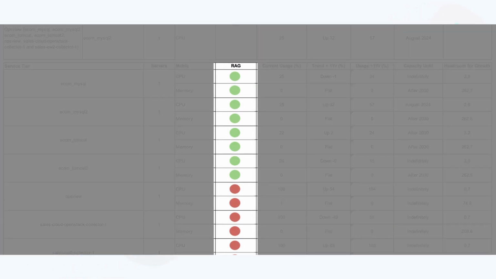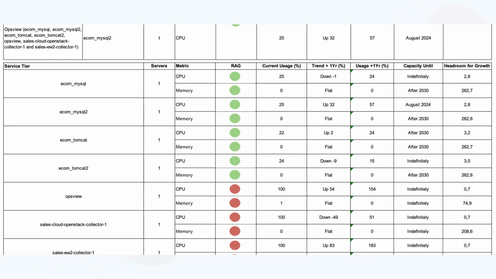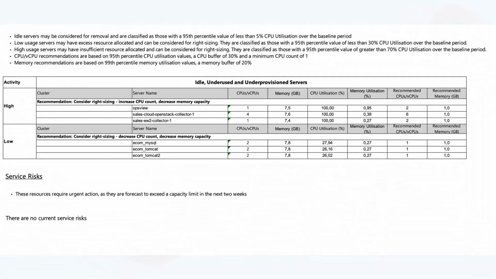The report uses red, amber, green colors to indicate risks, red for critical and amber for potential constraints. This gives a clear visual overview of servers that might soon require attention. This next section is critical for optimizing both costs and performance. It identifies servers that are either idle, underused, or under-provisioned, suggesting which servers might be right-sized to either save money